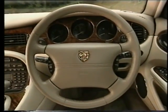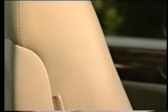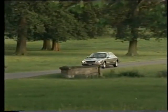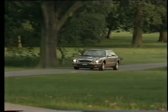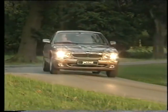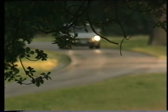The driver's airbag is in the steering wheel, the front passenger's behind the fascia panel. Side impact airbags are installed in the outboard front seat bolsters to ensure that they remain in the optimum position regardless of the seat adjustment. Front seatbelt pretensioners are activated by the electronic airbag control module. In a severe forward impact, the system tightens the seatbelt as the airbags deploy to position the front seat occupants